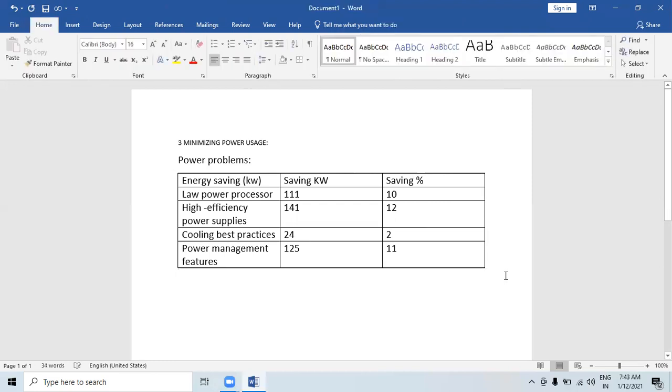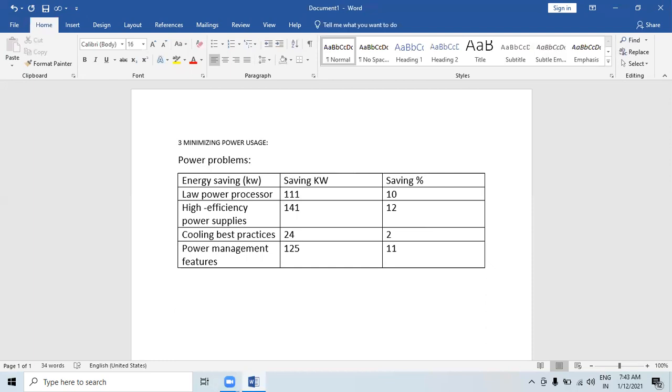So power is a huge concern for business. Even beyond saving the planet and saving money, we need to save power because at some point we may not have enough power to run our equipment. We have seen this table. This table shows the various ways you can cut power and cost.